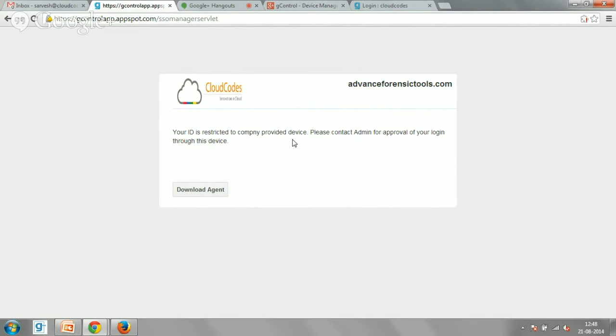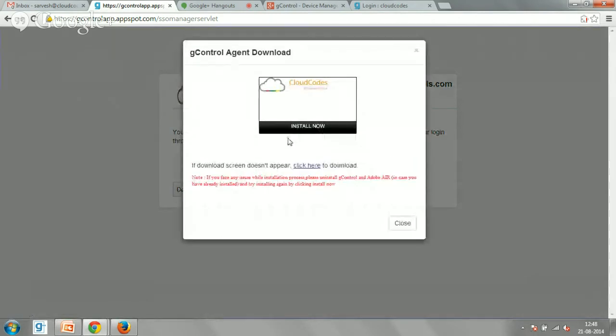You can see a message coming up, and it tells you to download an agent. So you can download the agent from here, and once the agent is downloaded, you will see the icon coming on. So he is trying to download and install the agent.